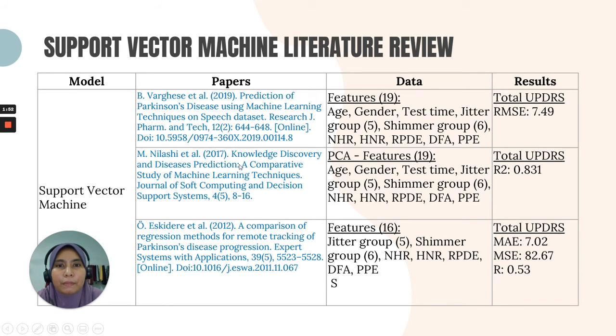Next, we proceed to the support vector machine literature review. We also have 3 papers with this data. For B Varghese, we have total UPDRS RMSE 7.49. For M Nilashi, we have the result total UPDRS R2 0.831. And for the paper by Ox Kidere, we have total UPDRS MAE 7.02, MSE 82.67, and R